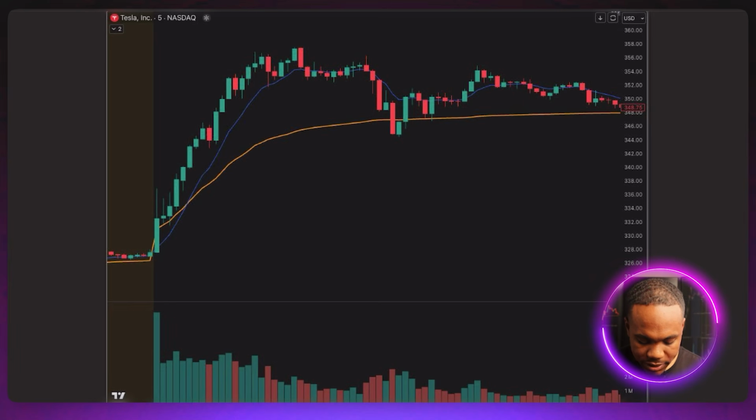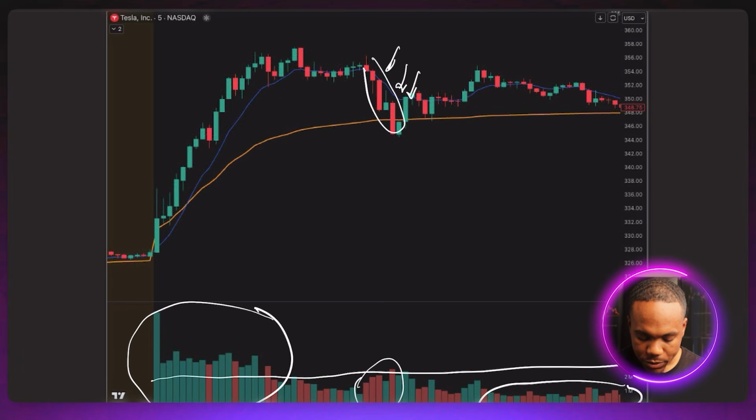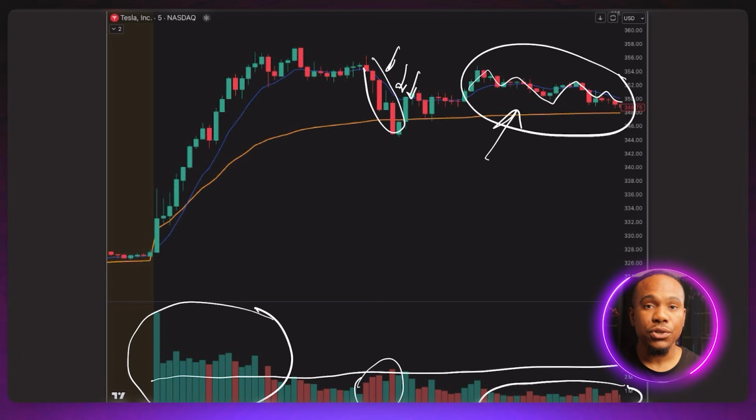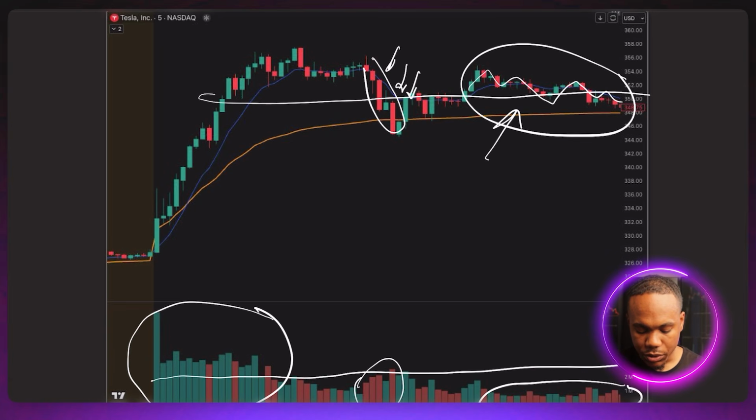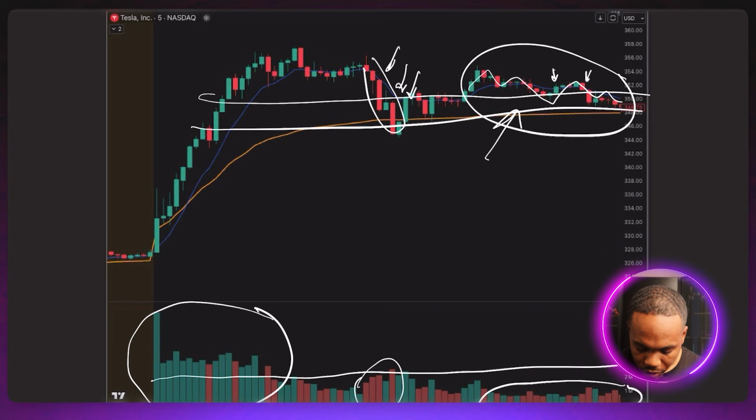So we go back and look at price action. Look, at the time we had sellers coming in here when that volume rose, but compared to the volume on this side, it's fairly low. As volume starts to wither, we have more chop. And I used to open up my chart, draw lines on the chart, and look for little bullish engulfing candles, little bearish engulfing candles, and justify trading. And I would sit there. I had a day where I win, but then the majority of these days are losing days.